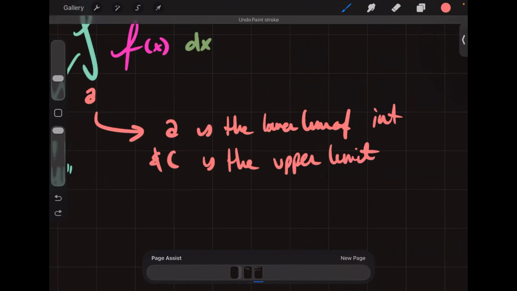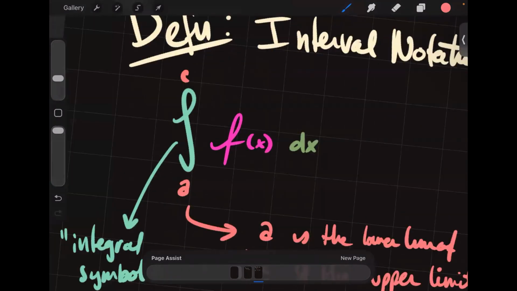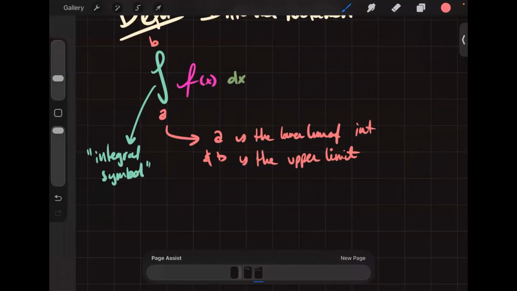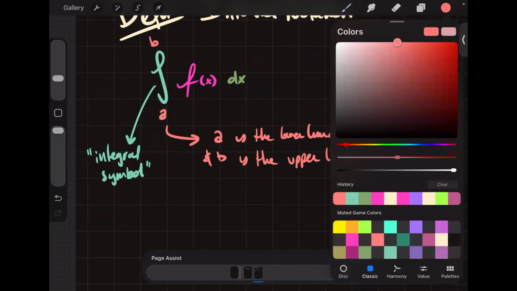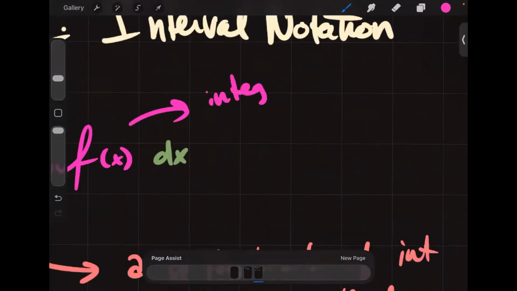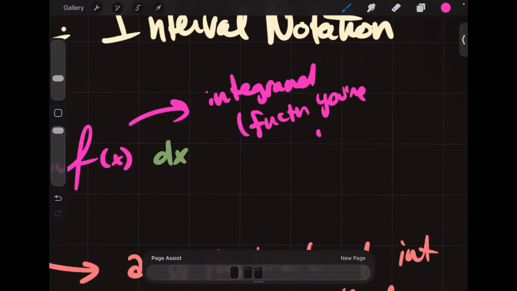Your book uses A and B. That's fine. You can do that too. I'll use them interchangeably. My notes use B, so for consistency, I'll use B. Doesn't really matter. It's just a placeholder. The f of x is the integrand, which is the function you are integrating,